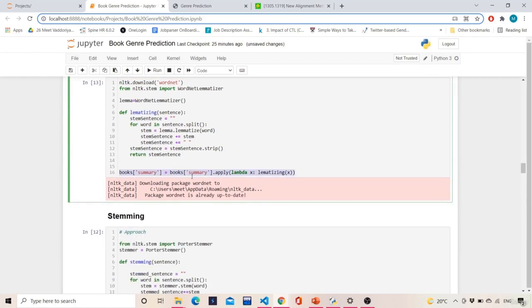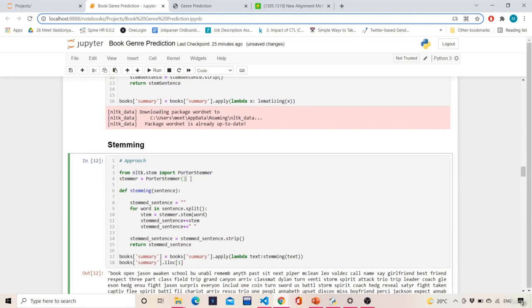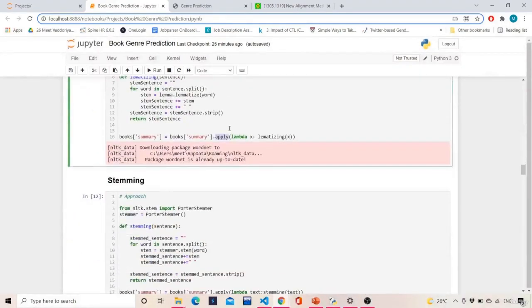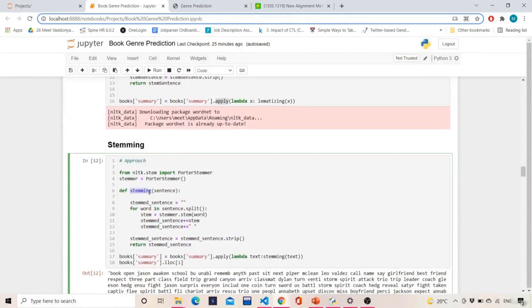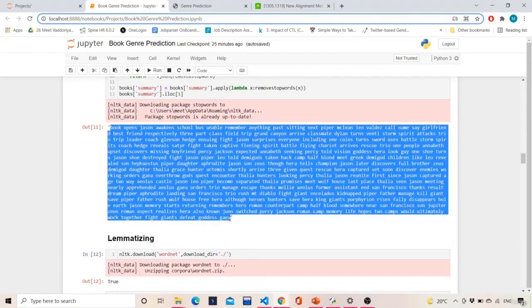Now the next thing after lemmatizing is we have to stem the sentences. For stemming, we will be importing a library known as PorterStemmer, which is present in nltk.stem. Then we will set an object of it, like stemmer is equal to PorterStemmer, and then we'll define a function. Defining functions is very important because it will directly do the task for us. We just need to use the apply function over here, as we are doing in so many cases above as well, right? So for stemming, we'll define a function named stemming, which will take the parameter sentence. Now this sentence will be of this kind.